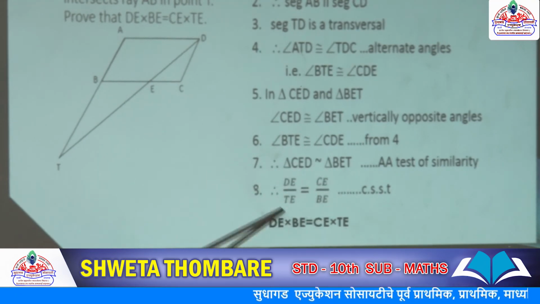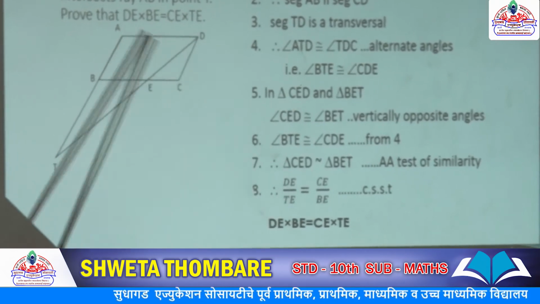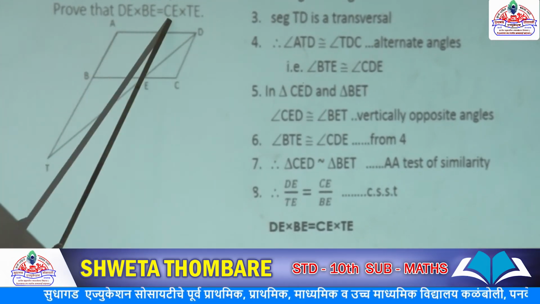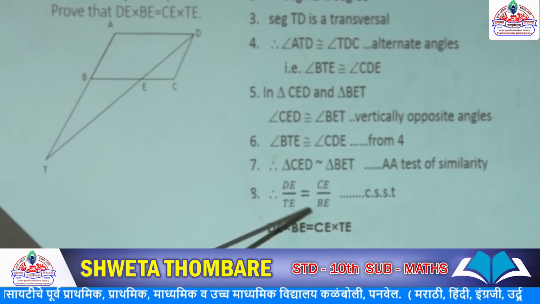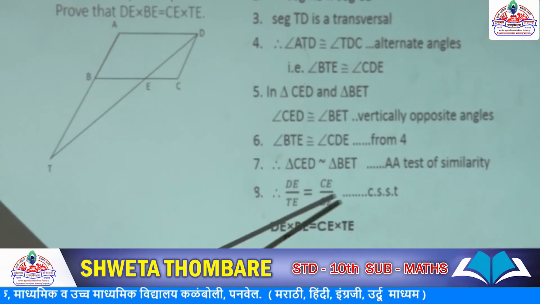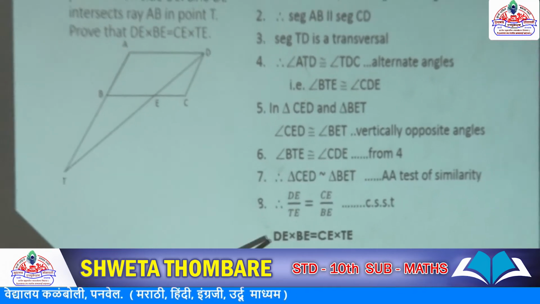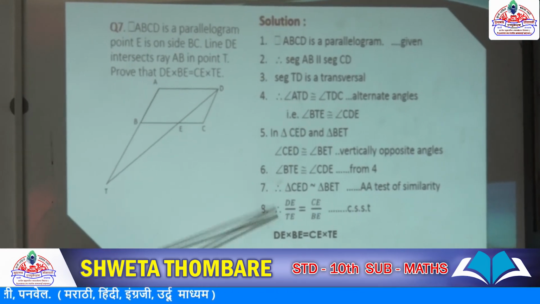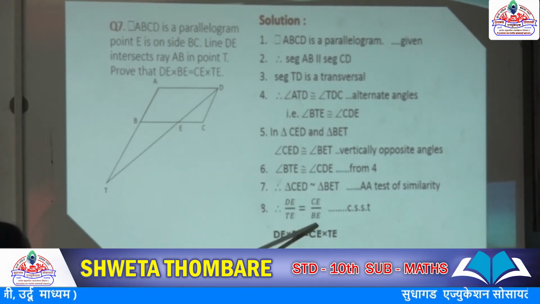I take only these 2 ratios, because with that segment only I want to prove the statement given in the question. Okay, so here these 2 ratios are equal. Why are these 2 ratios equal? Because these are corresponding sides of similar triangles. Now up to this we had come. To get towards the proof, here we have to do the cross multiplication.